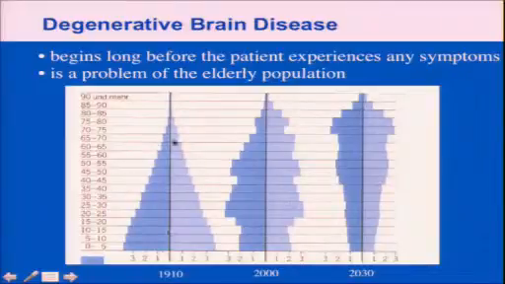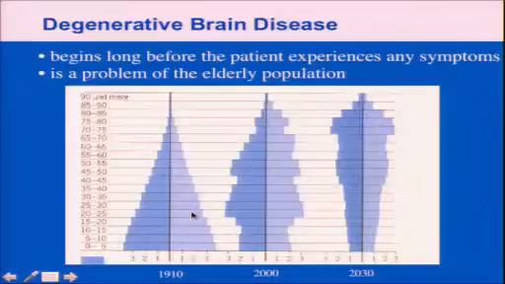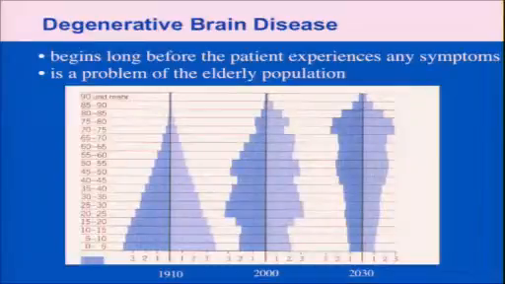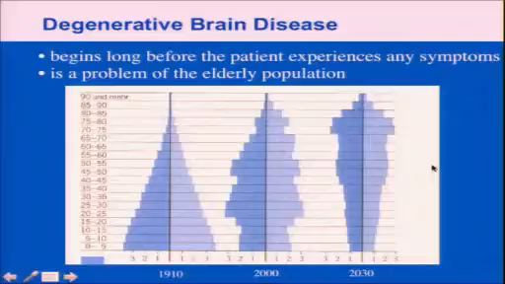So whereas in the past we had majority young individuals and the average life expectancy was lower, so a lot of patients didn't even reach the age to develop a neurodegenerative disease. This has changed over the years, and now we have an overrepresentation of elderly subjects in our population, and therefore we see more and more